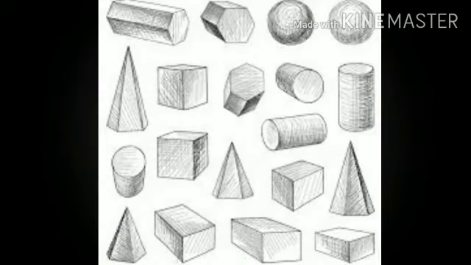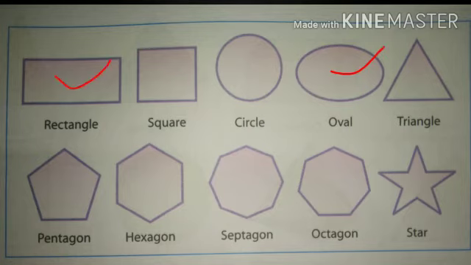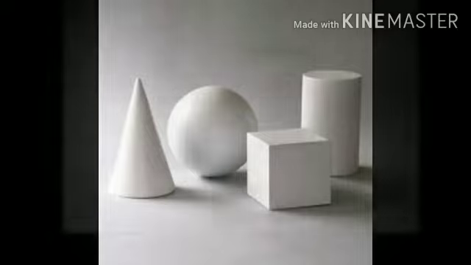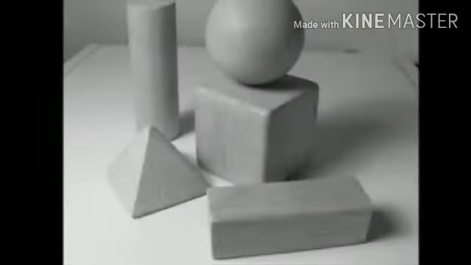Dear children, we learned about the three types of geometrical shapes last week. That was oval, rectangle, and triangle. Hope you have practiced the geometrical shapes last week, and those who practiced last week can draw well this week. Okay?